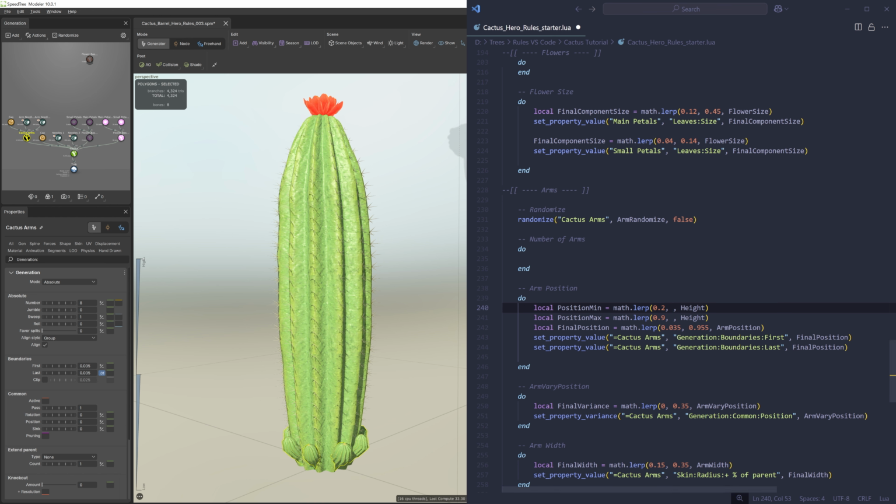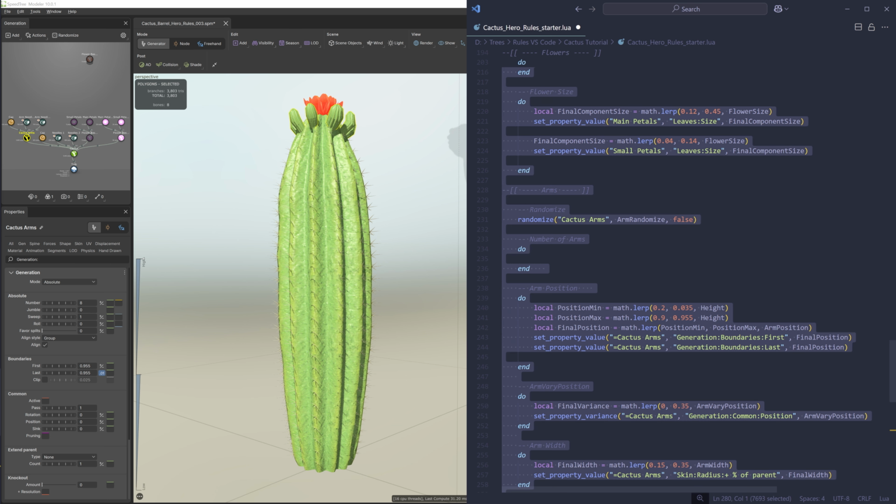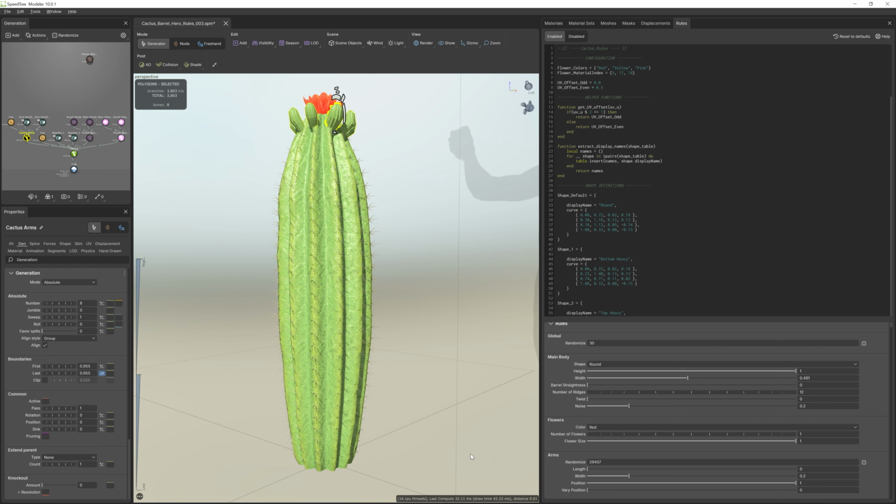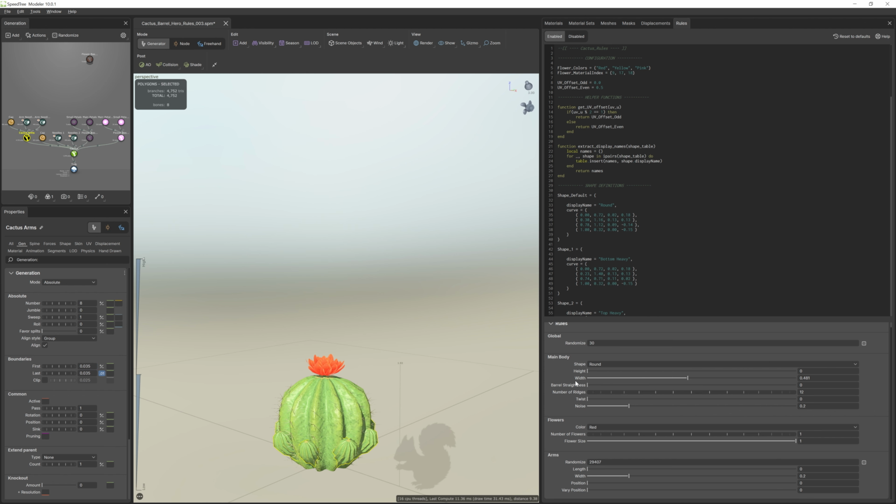And I can just use the values I already found before, which was 0.035 and 0.955. Then I can replace my values here with my position min and position max variables. And when we paste that in, you'll see the first and last boundaries are interpolating based on our height.